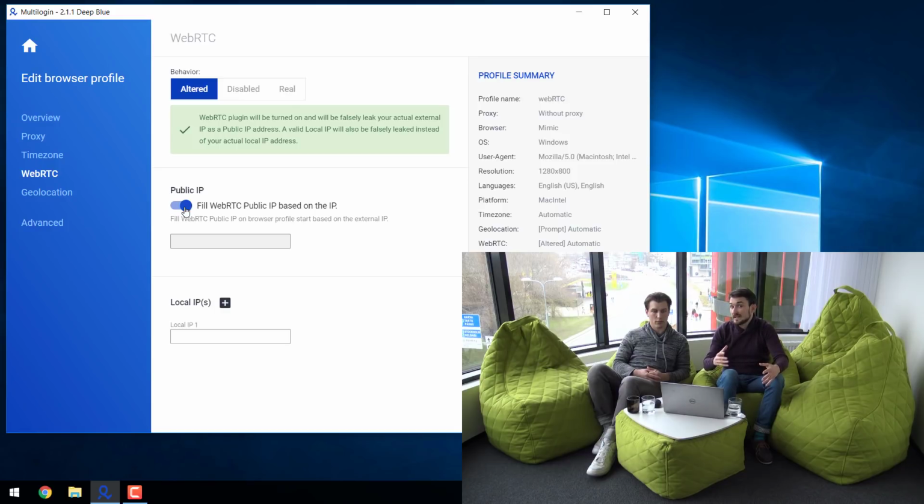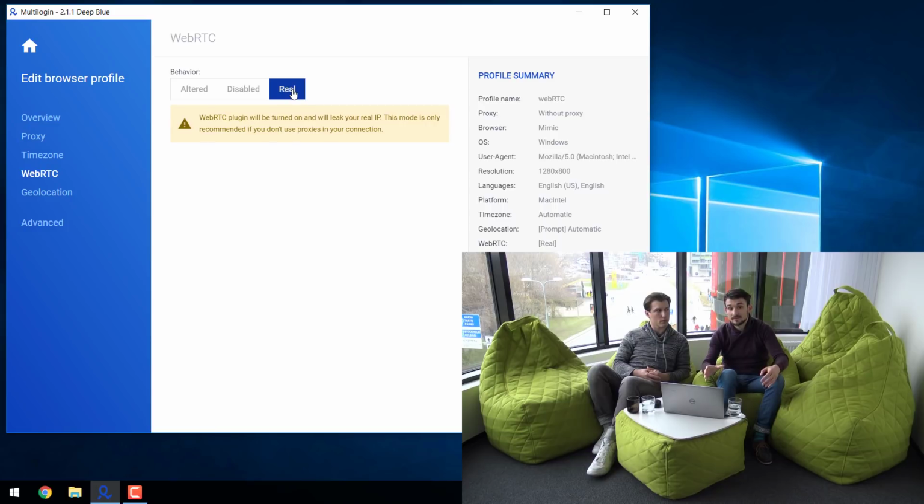Or if you're using a 3G connection where your browser profiles are connected directly through your internet connection, you can use the real function, because you don't need to substitute it anyway. Yes, and actually here I remember that some guys were using direct 3G, 4G connection and were choosing disabled functions. So this is absolute nonsense. It shouldn't be done. And if you are using a direct connection without proxies, always choose the real mode for